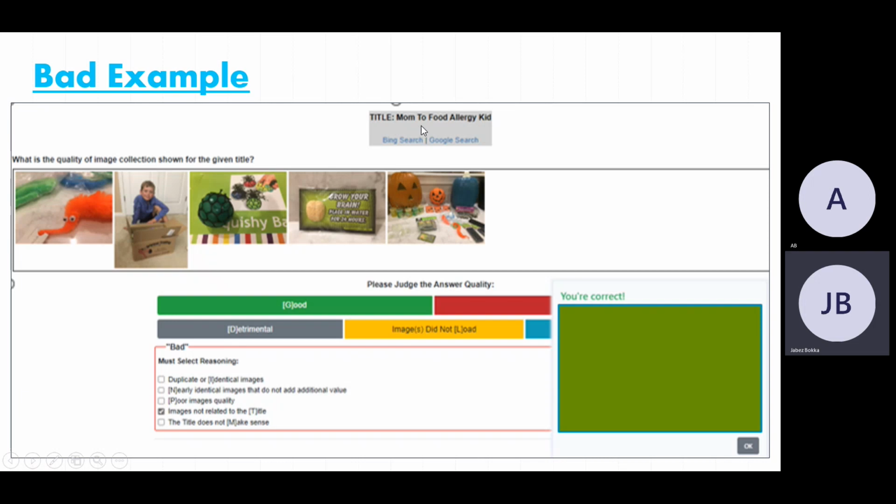So here the title is Mom to Food Allergy Kid, but we can see that the set of images which are given are not related. Nowhere is it related to the title. The title is talking about something, and the images we get are different from the title. And whenever we choose bad, sometimes